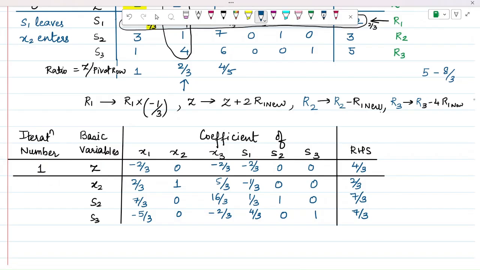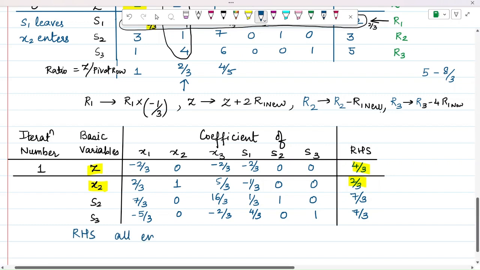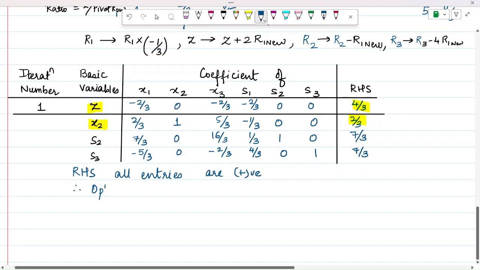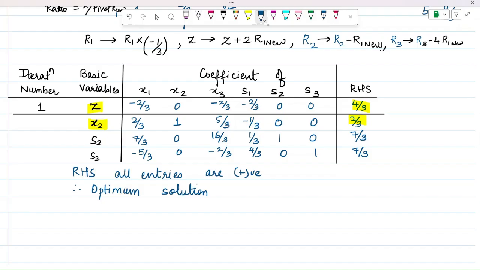So we have found the optimum solution, and to find the values of the optimum solution, you have x2 is equal to 2 by 3 and Z minimum is equal to 4 by 3. Okay, so that's your optimum solution and no other variables are contributing. So we'll say that if RHS all entries are positive, therefore optimum solution is obtained. You may not write this as well, but I'm just writing for your understanding. Optimum solution is obtained